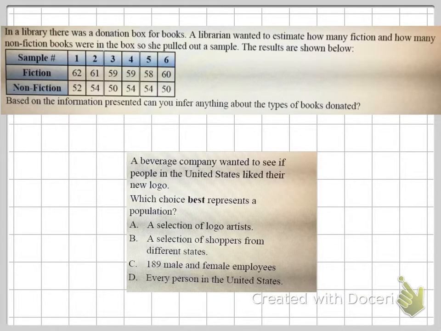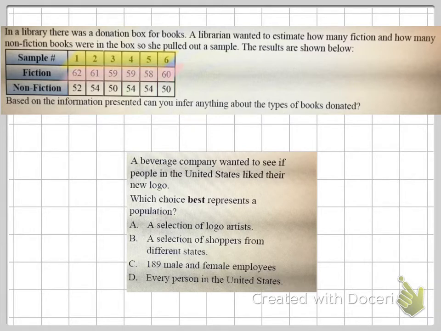Let's look at question 3. In a library, there was a donation box for books. A librarian wanted to estimate how many fiction and how many nonfiction books were in the box, so she pulled out a sample. The results are shown below. Based on the information, what can you infer about the books donated? Okay, let's look. There were 6 samples taken, and of the 6 samples,